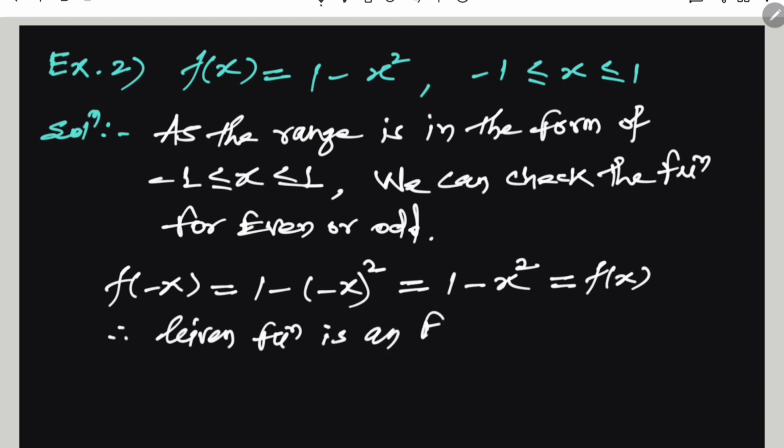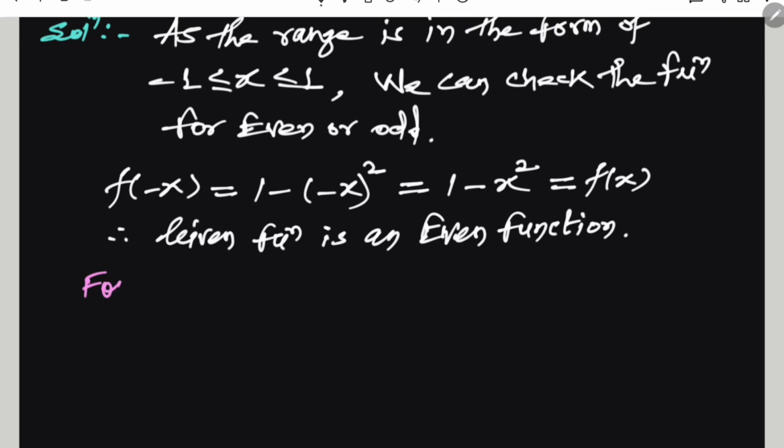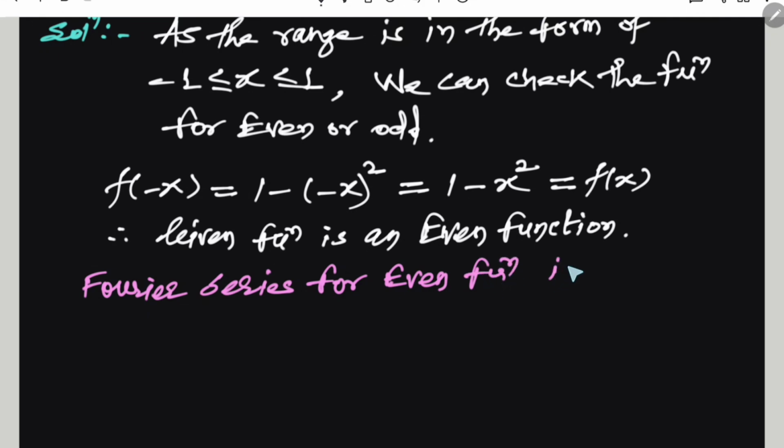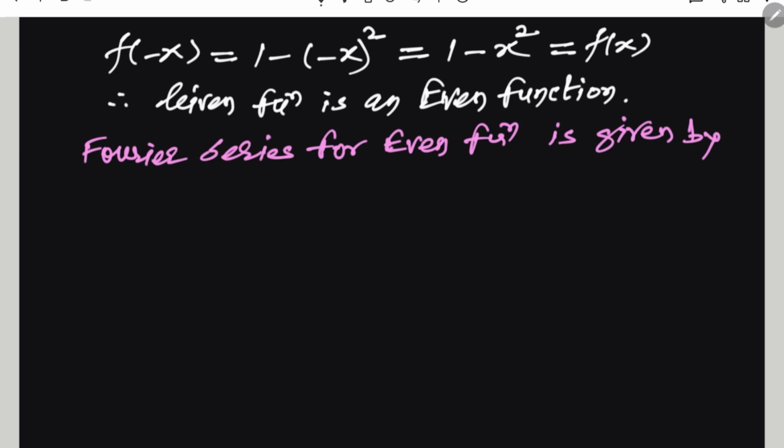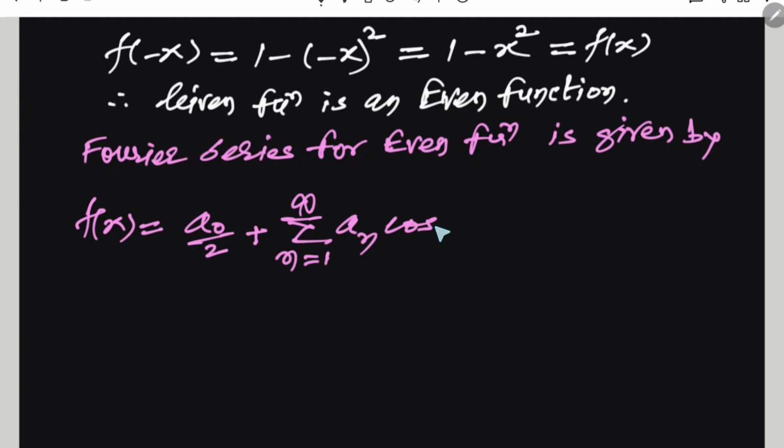And as it is an even function, a Fourier series for an even function is given by the formula f of x is equal to a0 by 2 plus summation of n changes from 1 to infinity an into cos of n pi x by L, where the value of L is 1, and we call this equation number 1, where